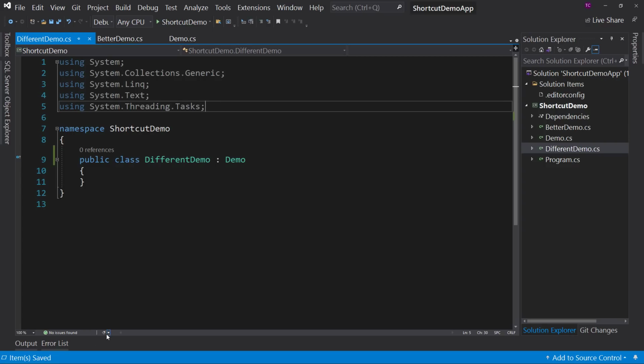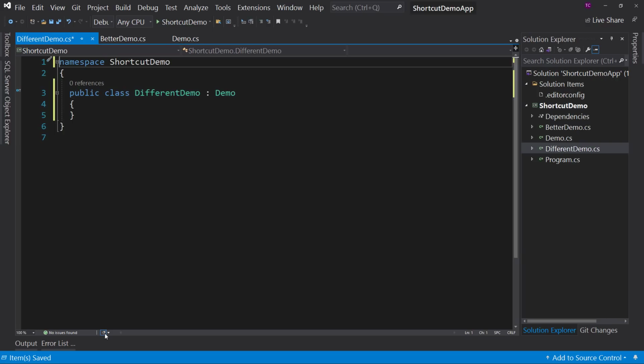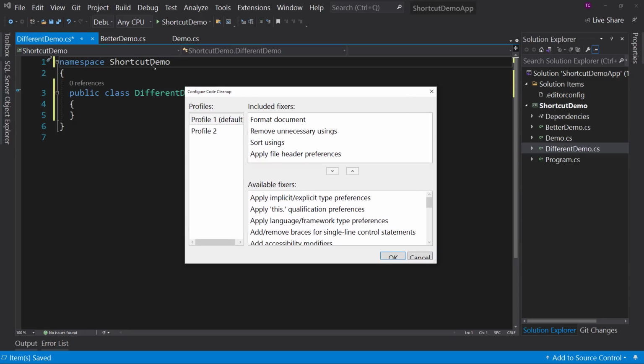But let's go over here to different demo and click the little Run Code Cleanup Profile 1. Check that out. Using statements are gone. It has cleaned up our code as well. We've done some really cool stuff. 4 steps in 1. But if we look at the Configure Code Cleanup,